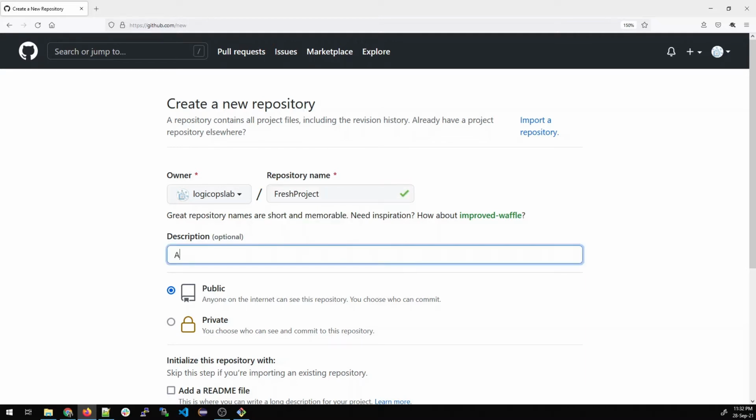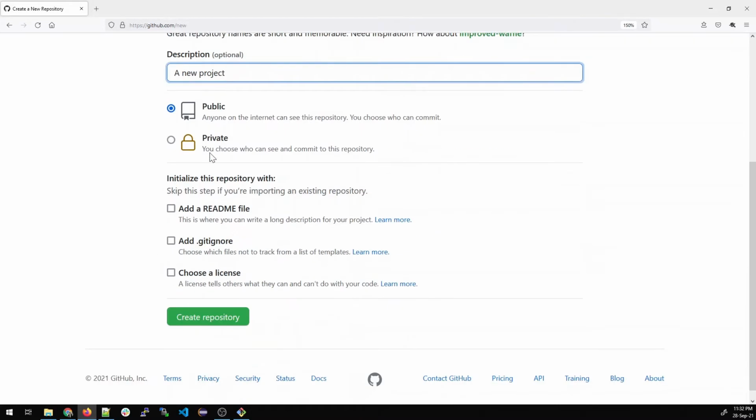You can give any name, leave it public, and do not click on any of these options. You do not have to add any readme or gitignore or choose a license because we already have a readme file, and if we create anything over here and pull it into our local, it will create some conflicts. So all you have to do is just create the repository.